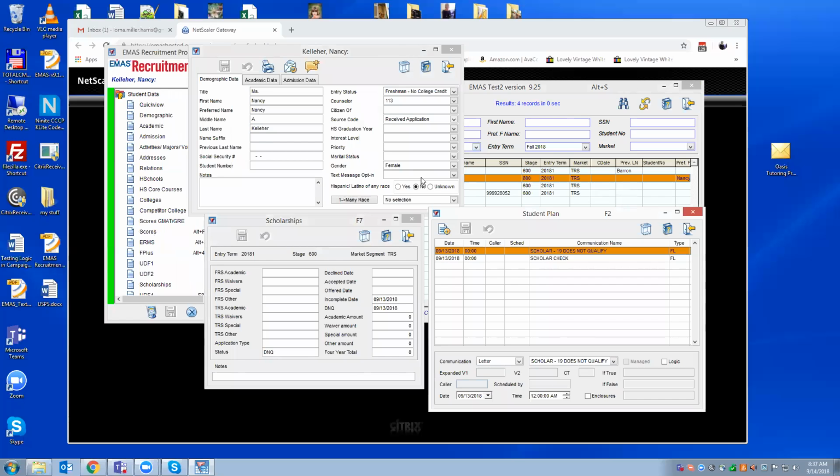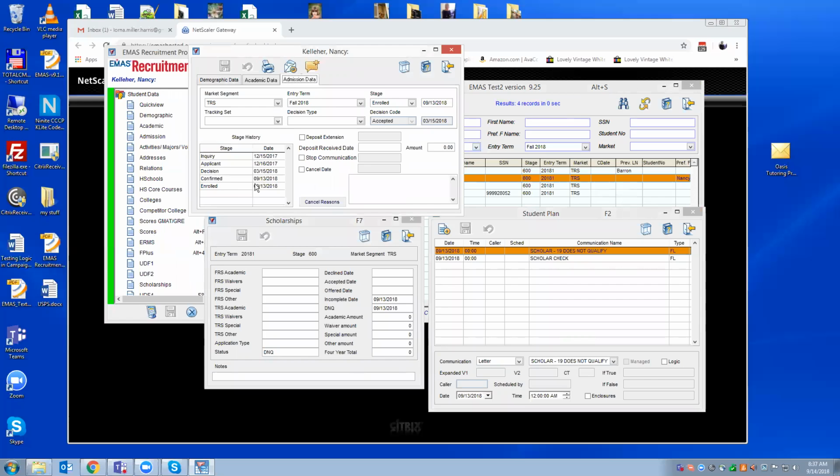But if I were past September the 30th, I want to make sure that the date on that enrolled stage history date for my student isn't past September the 30th, because if it is, then it's not going to be recorded in that student's enrollment history record. And it's not something that you would see in the student's file, because I can see that the stage history looks good here, but I'm not aware of that enrollment history record.